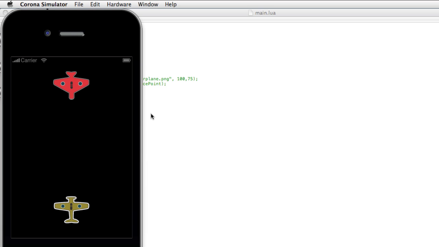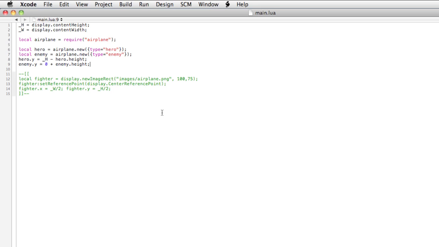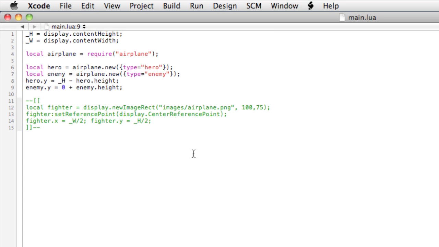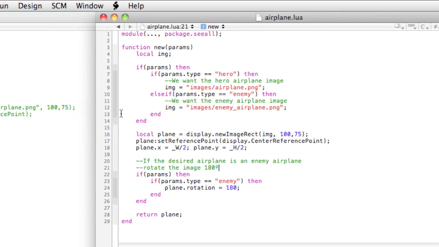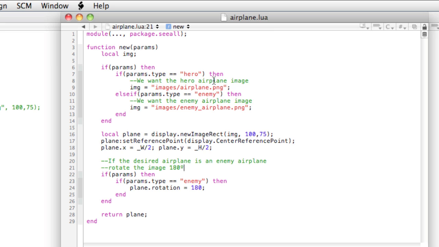Let's go a little bit further before we end the lesson. We're going to implement touch listeners, and we could do that in the main.lua file, but as well we could do it within the airplane.lua file. That allows us to define touch listeners for every single prototype airplane that we create. To do this, we'll go to Window, and then find our external modules file. Sorry, that was me working within Xcode. And now